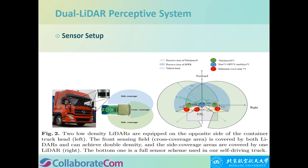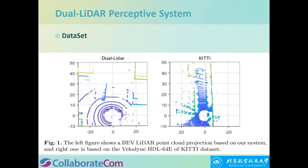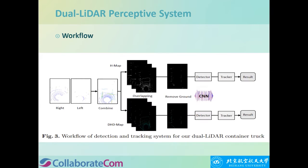This sensor deployment simulates the attention mechanism of human drivers. Fig 1 shows the difference between our system and KITTI dataset. This means that we can get less stable sensing data for the later process. That is a big challenge for on-road obstacle detection and tracking for self-driving. Although our system has lower sensing performance than dense LiDAR, we investigate several refined modules together to enhance the raw